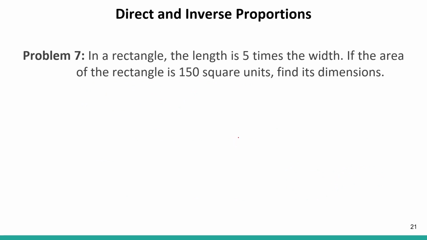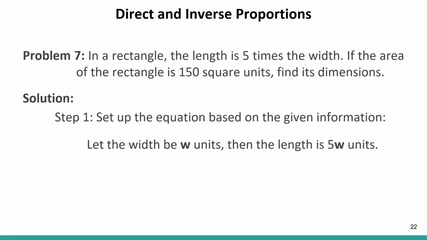So in a rectangle, the length is 5 times the width. Okay, given the width, the length will be 5 times the width. So if the area of the rectangle is 150 square units, then find its dimensions. So setting up the equation based on the given information, what we are left with is let